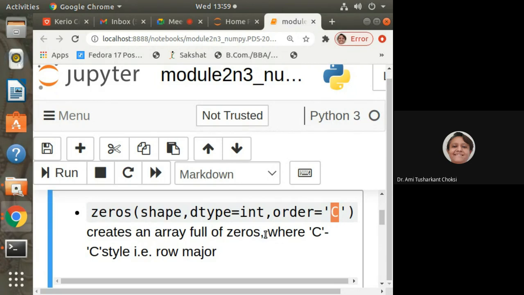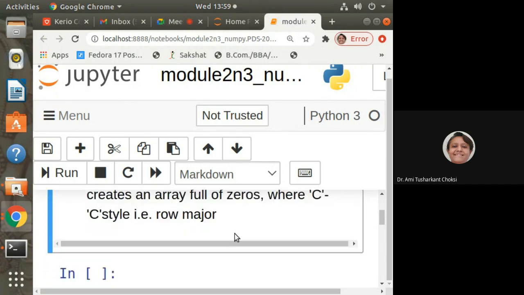This is what we typically used to do to initialize 0 in a matrix, right? But here it is very simple, only a single line. The function zeros will create a NumPy array full of zeros. It makes our life so simple.